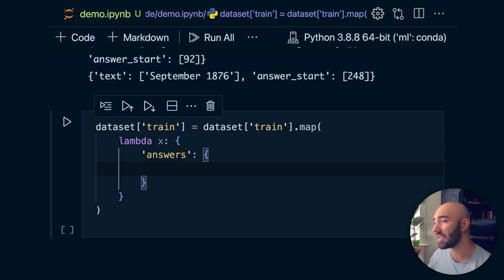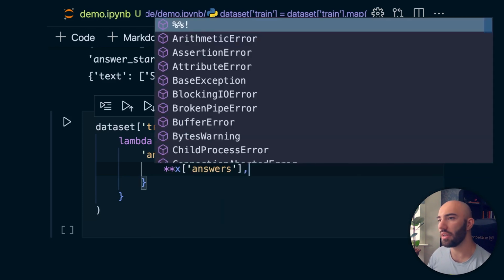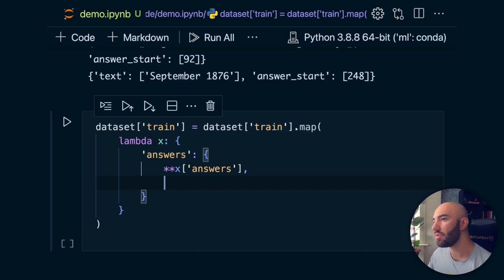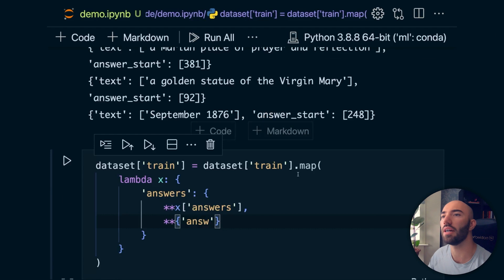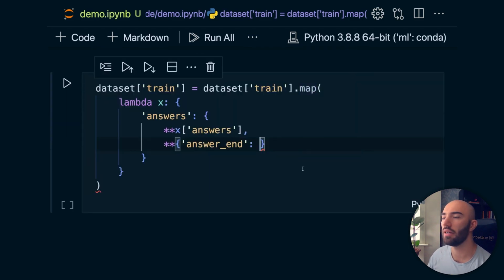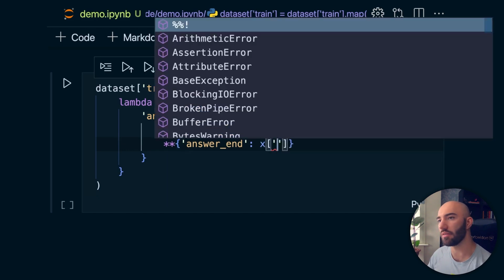In this case, we are taking the current answers, so x answers, and we would be merging that with a new dictionary item, which is going to be answer end. Where? Oh, answer start. So answer end is equal to,